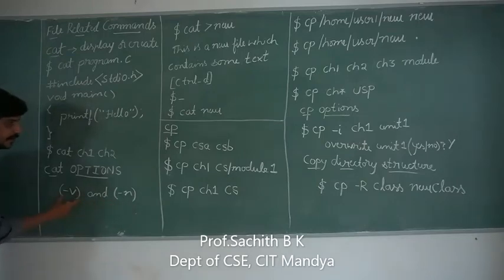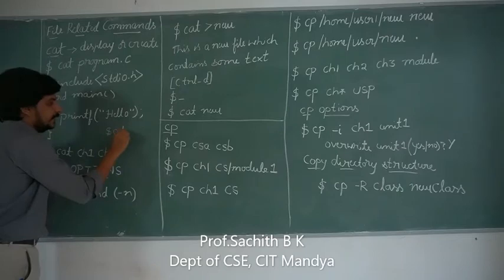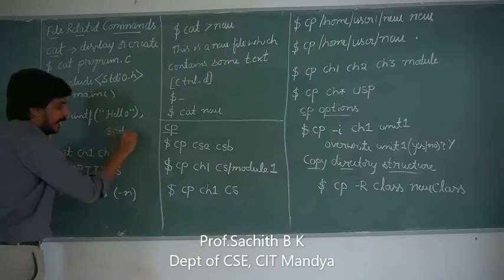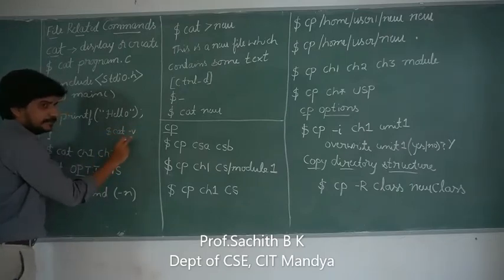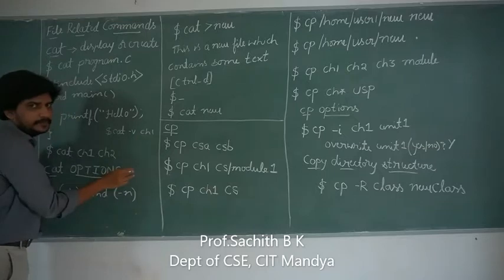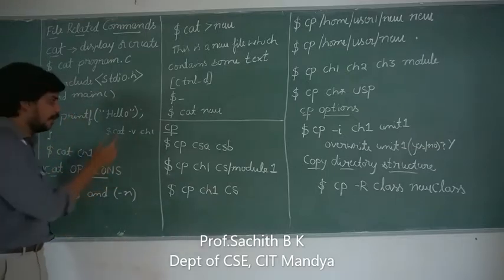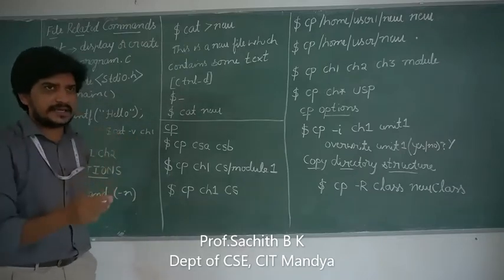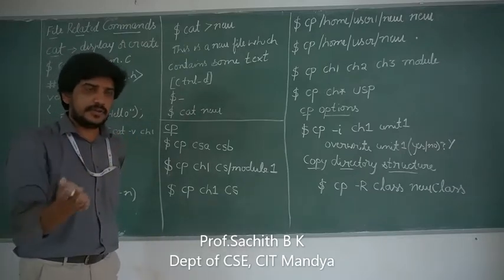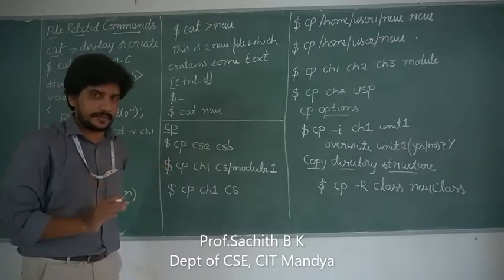What do you mean by an option? It will be an argument. So when I am using this cat command like this, for this particular command I can make use of an option. Option is nothing but an argument. So using this argument, I can display ch1. You will understand argument and options in detail in the next classes. In your previous class also I had explained option and argument.